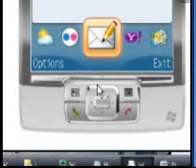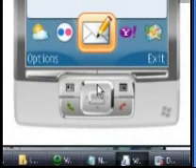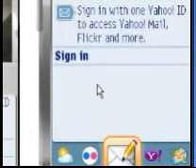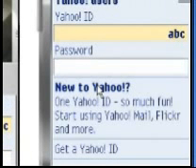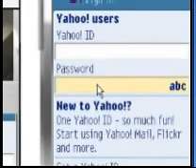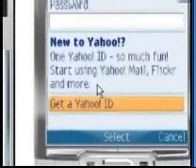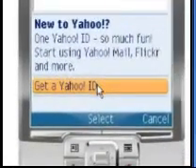Did you see the sign in? Press up, then enter. You see the Yahoo ID, the password, get a new Yahoo ID. Yeah, just hit enter.